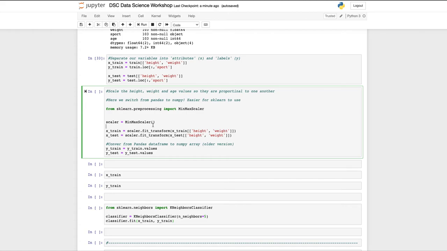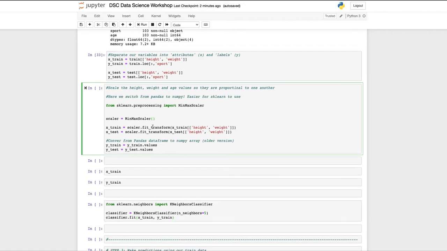You can adjust this, as it should be, importance-wise, but this right here will give height and weight equal weighting. It takes away the fact that the maximum height is probably around 210 centimeters, and the maximum weight is only around 100 kilograms, right? So it makes sure that both of these variables carry the same amount of weight in determining what sport this athlete plays. There we go. That's good enough. So